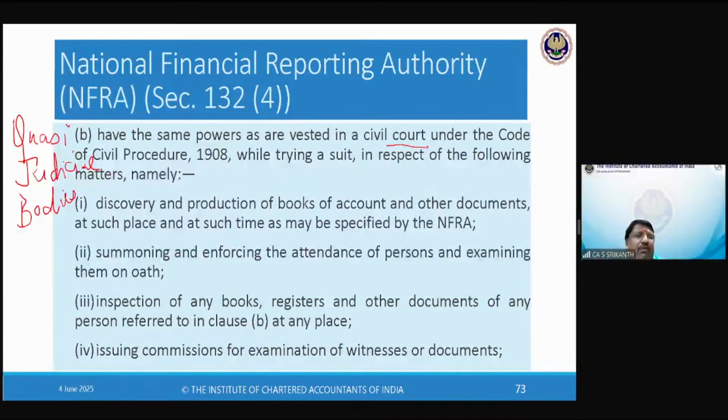See, discovery is a very powerful thing. In court, what happens now? You are the plaintiff, right? You are relying on many papers and documents now. Are you able to understand? Now, you have to make a paper book and you have to file it with the court, not in one copy, 3 copies. And 1 copy will be given to me as the defendant. I can go through it fully. And I can take time for that. Because I have to see, what are you relying on? What are the documents? Then only I can give my rejoinder. I can say, what are my documents? That will be given to you.